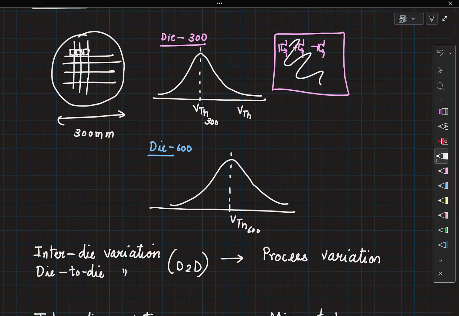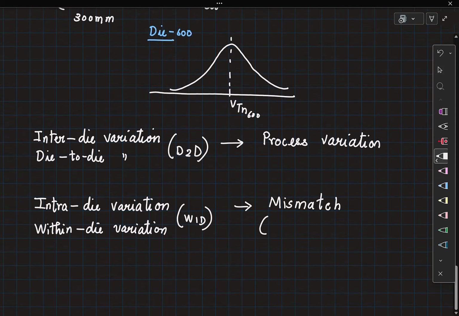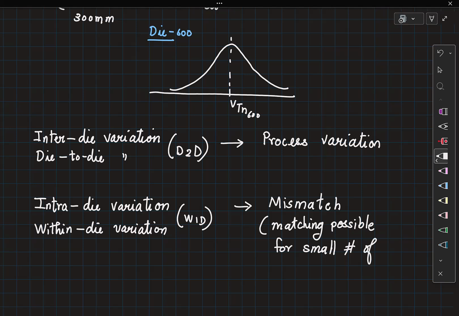So with these design techniques, you can have matching between a small number of transistors. You have to specifically design for it, but this is possible. And you will see that this is a critical idea we will use in future.